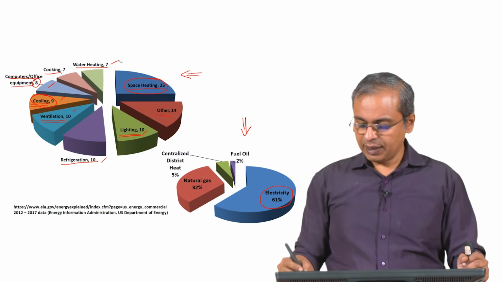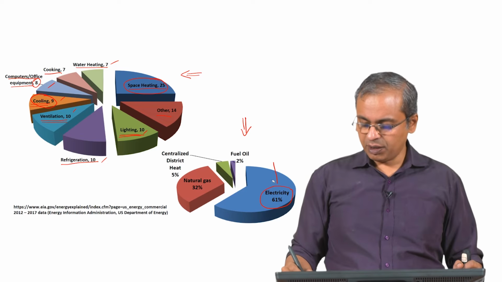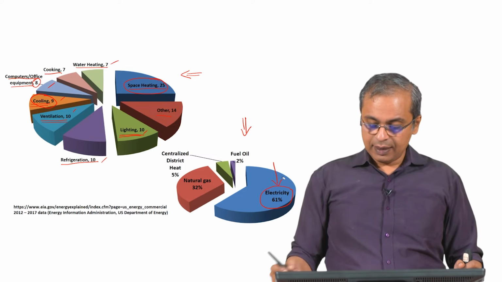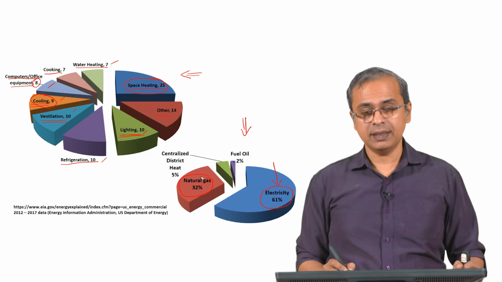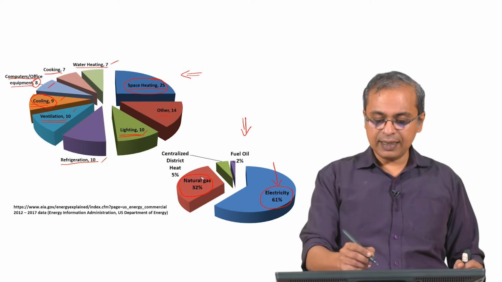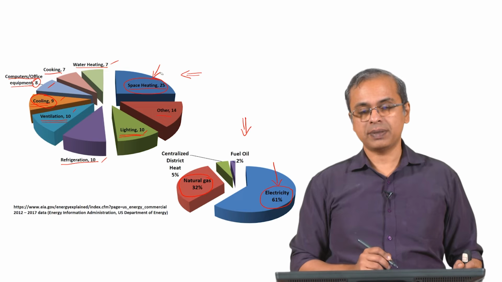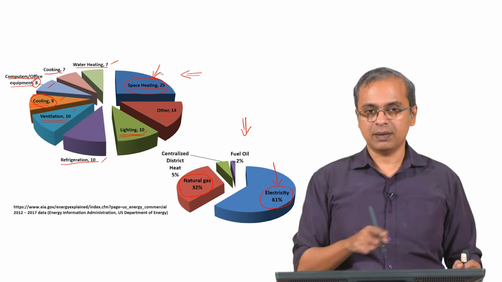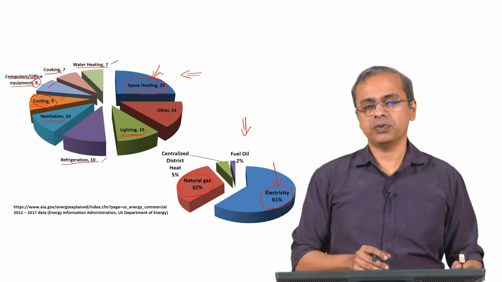So, therefore, naturally in a building situation, unlike the industrial situation, a significant amount of energy is in the form of electricity. That is what is happening. Natural gas is used in a much smaller fraction, but this again depends on the country. As I said, in a country where there is a lot of space heating going on, typically many of them are using natural gas for the heating. That is not the only way they do the heating, but natural gas is often used for heating.